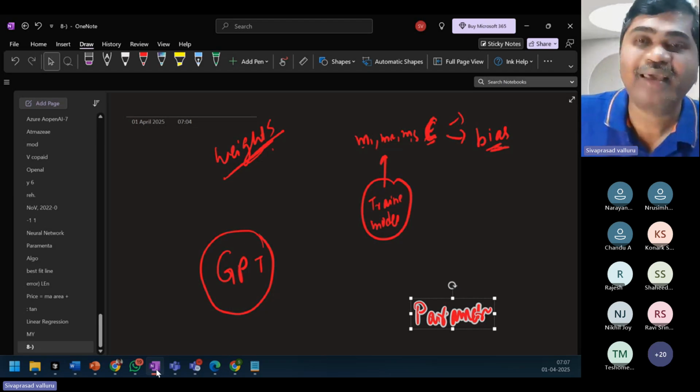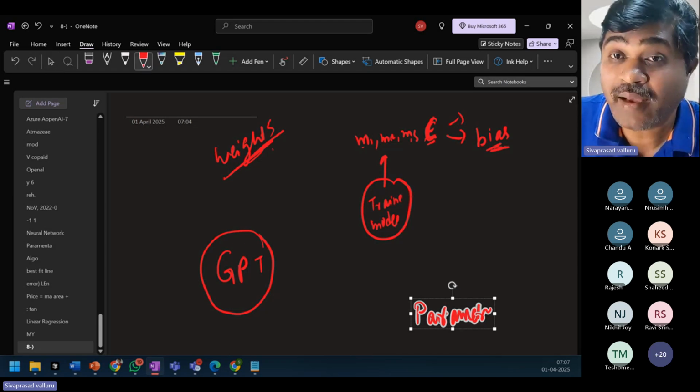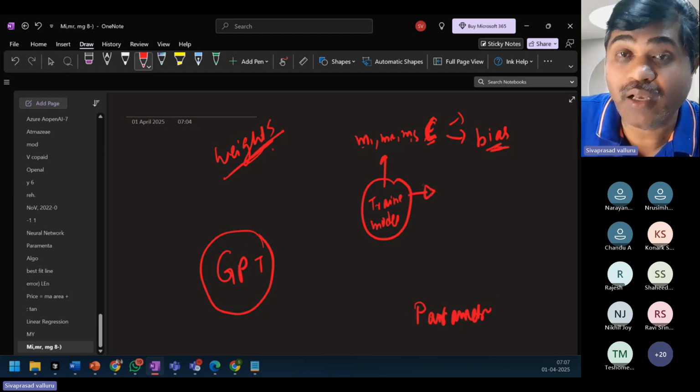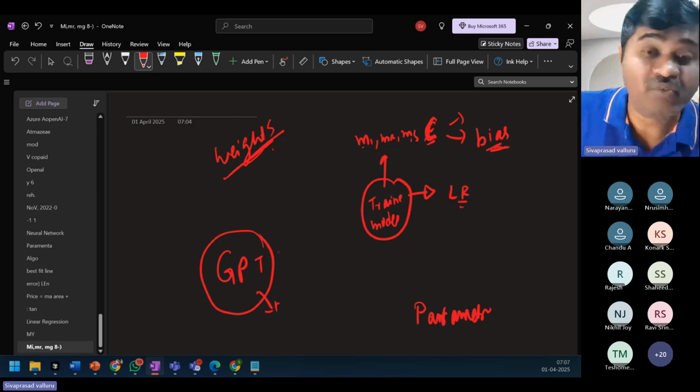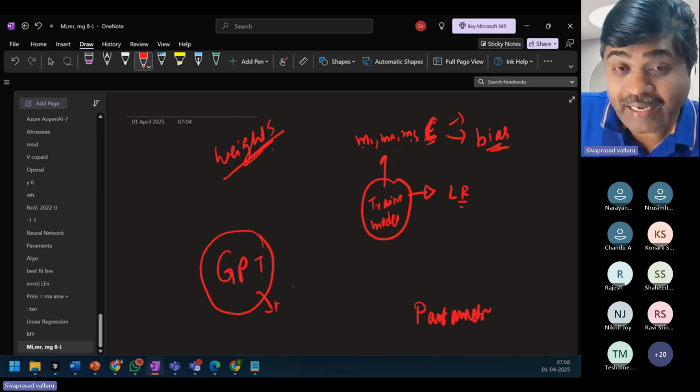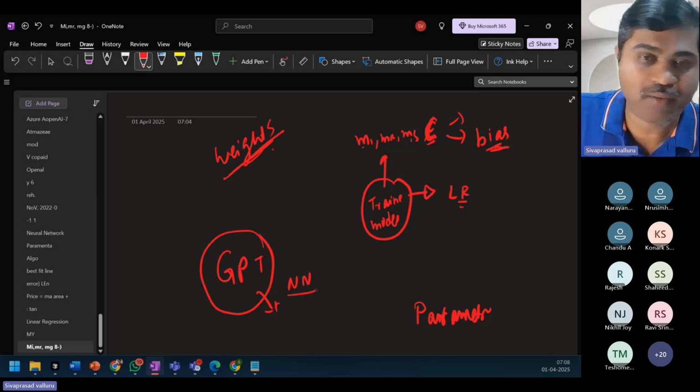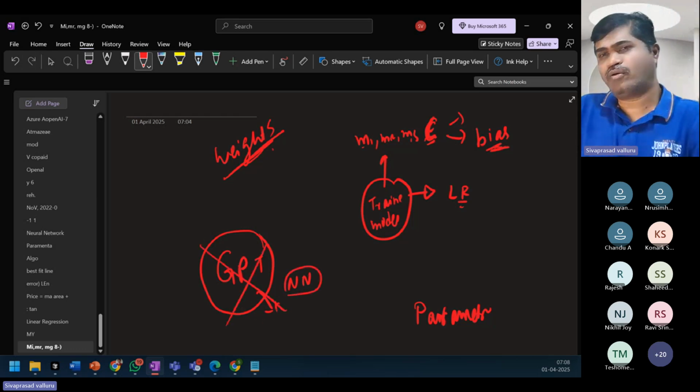Right now I told you I created this model using the linear regression algorithm, right? But GPT is not using that linear regression algorithm. We will see tomorrow that internally it uses something called a neural network. Don't worry about GPT right now.